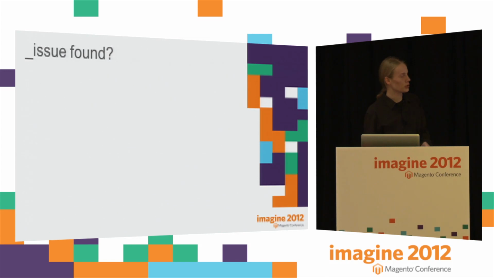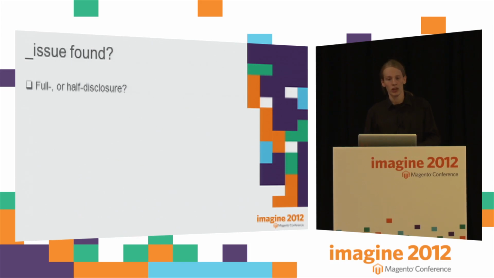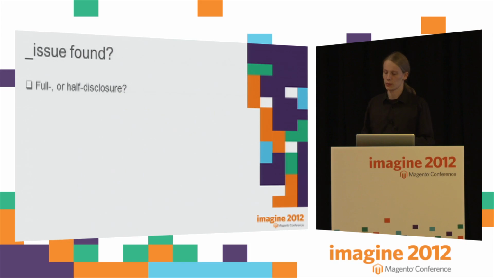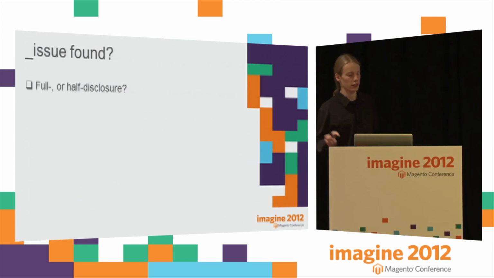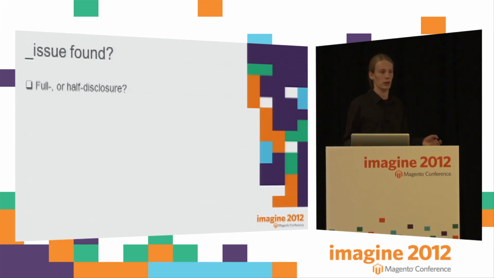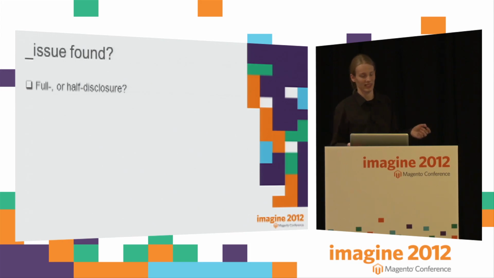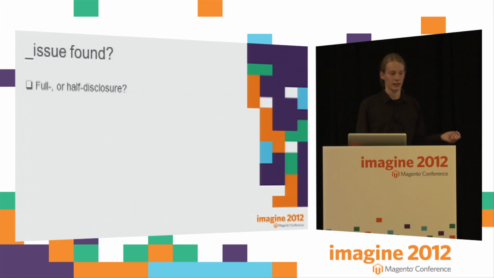Okay, issue found. What to do if you find an issue in a software? Well, there are basically two ways, full disclosure and half disclosure. Full disclosure means just putting the exploit and all the information about it on the internet. This results in fame and maybe a lot of angry people who get hacked servers, and that's basically everything. I'm following half disclosure. I send every issue to Magento,